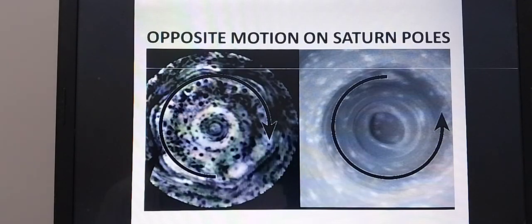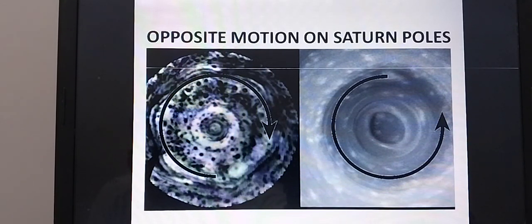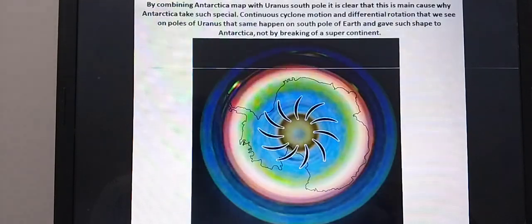So note the opposite motion on Saturn's North Pole clearly. If we see the video of Saturn, the North Pole and South Pole are moving in opposite directions. The same happened with the Earth when Earth was a gas-giant planet. So note carefully Uranus also. The main cause